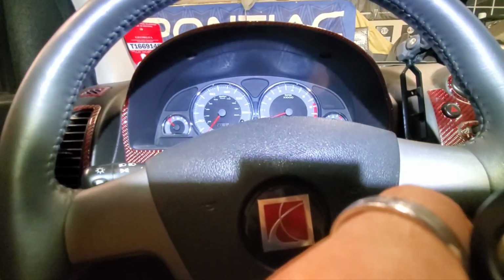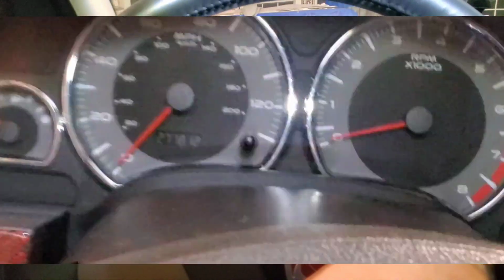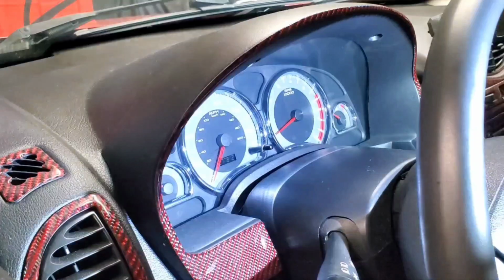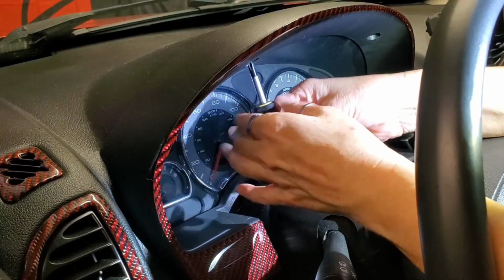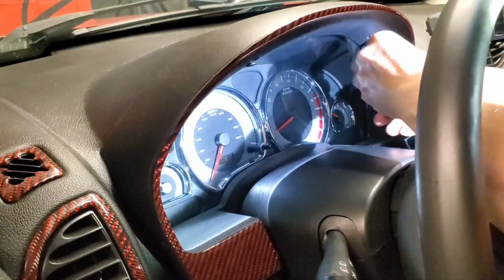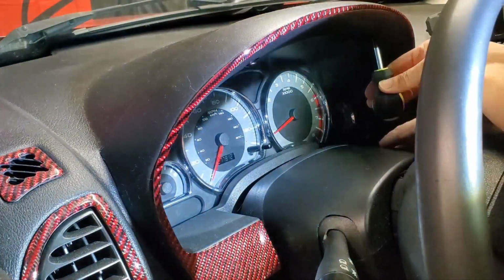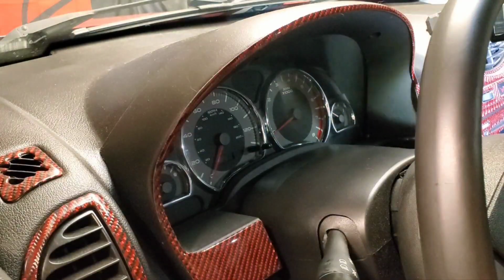I'm trying to just kind of show folks who don't know how to remove the cluster, how to remove the cluster. How do you remove this outer bezel? Actually, I did it while I was driving home sitting at a traffic light because I used my Leatherman tool to pull these Phillips screws out that you see. Got one here and we've got one here. There's just the two, and then there are clips down here and over here on the other side that hold it in. So then once you do that,